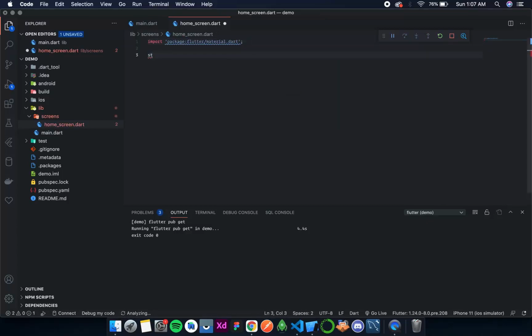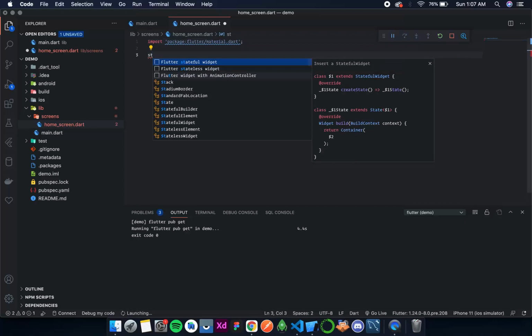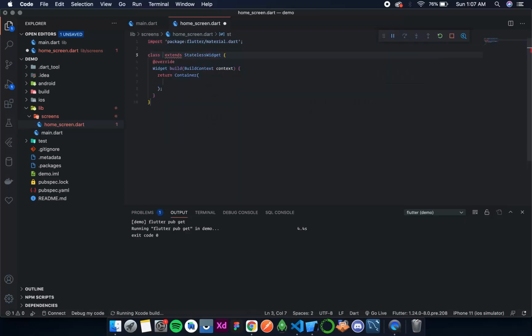Then we'll first start with a stateless widget, and we'll convert it to a stateful widget if needed. So here is the home screen.